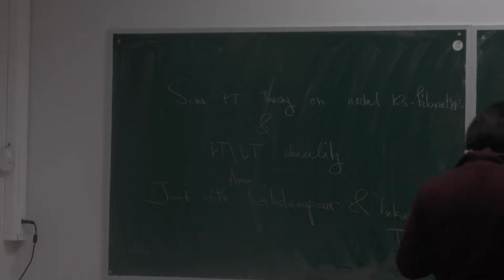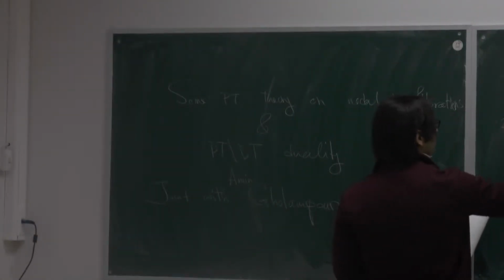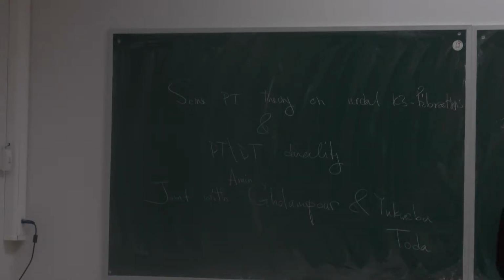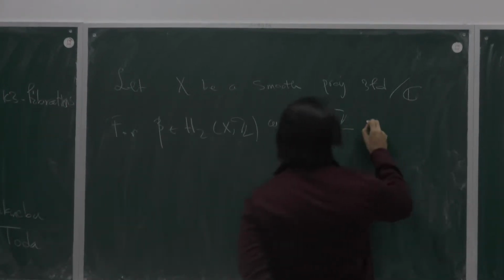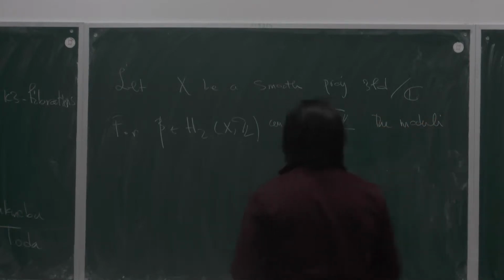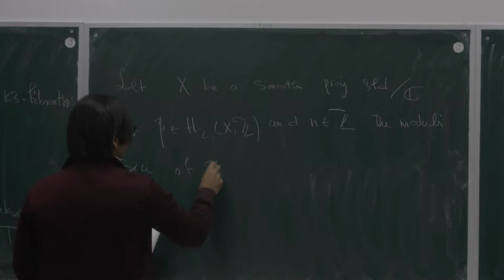Let X be a smooth projective threefold over C. Now for beta in the second integral homology of X, and some integer n, we define the moduli space, this moduli space of the stable pairs,